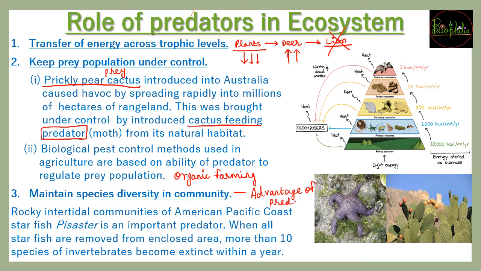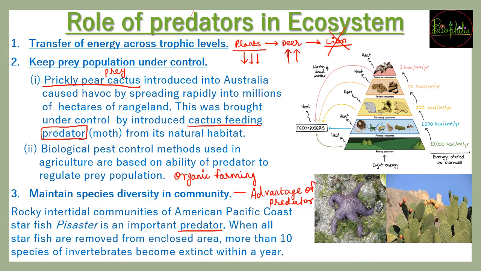This is going to be the advantage that is of species diversity. So species diversity कैसे maintain होगी? During the rocky intertidal communities of the Pacific coast, वहाँ पे एक starfish था which is going to be an important predator. So when all the starfish were removed, एक एक्सपेरिमेंट में सारे स्टारफिश को ख़त्म कर दिया गया, और जब सारे स्टारफिश गायब हो गए,